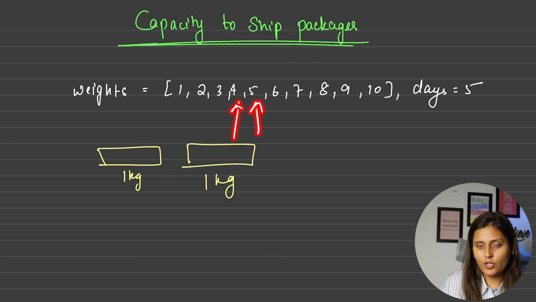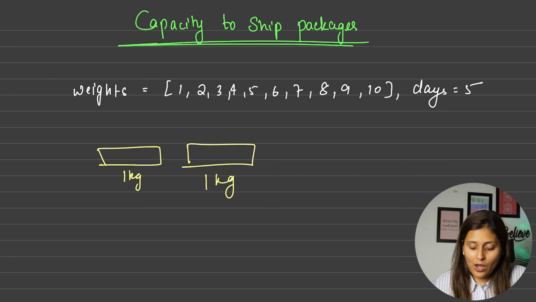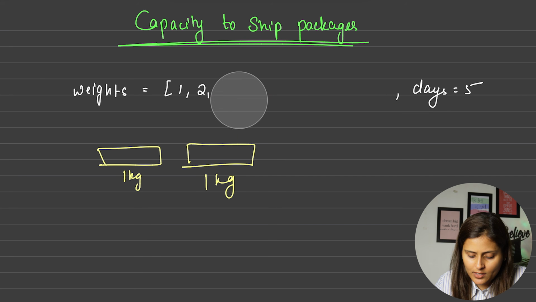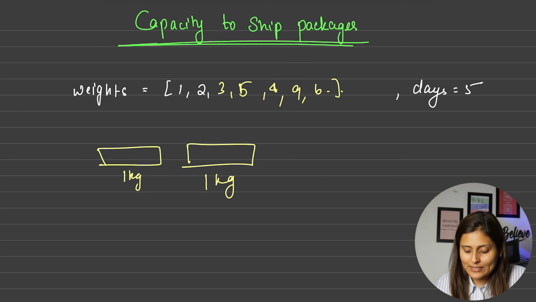4, 5. Now don't think that because it is sorted, it matters. No, it does not matter, because anyhow the weights can be arranged in another way also. Suppose 3, 4, 5, 4, 9, 6 and so on. It does not mean it is sorted and we will apply the binary search on this sorted input